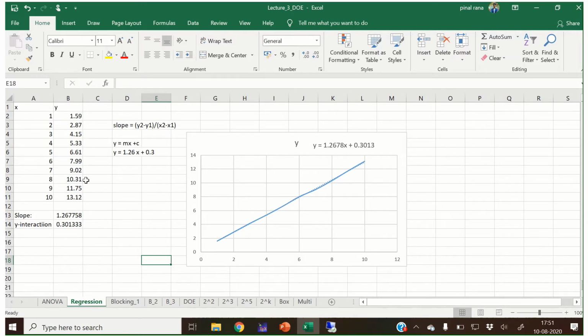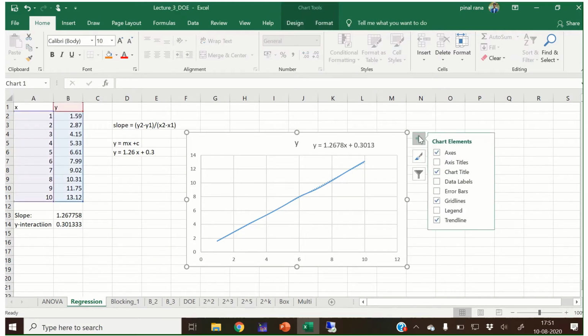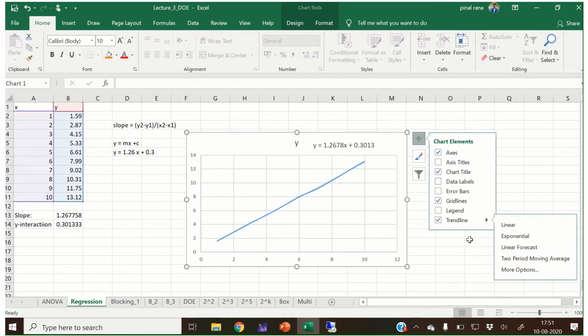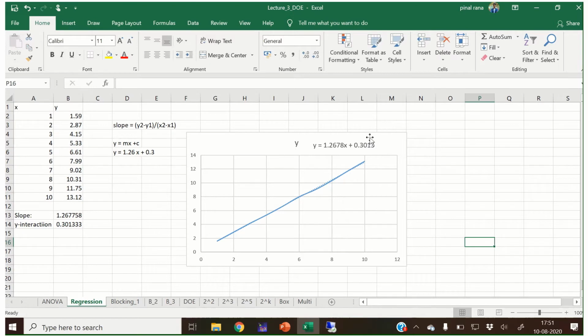So by using these two sets of data, I plotted this graph, and I have generated the regression equation using the trendline command. Okay, so this is a regression equation.